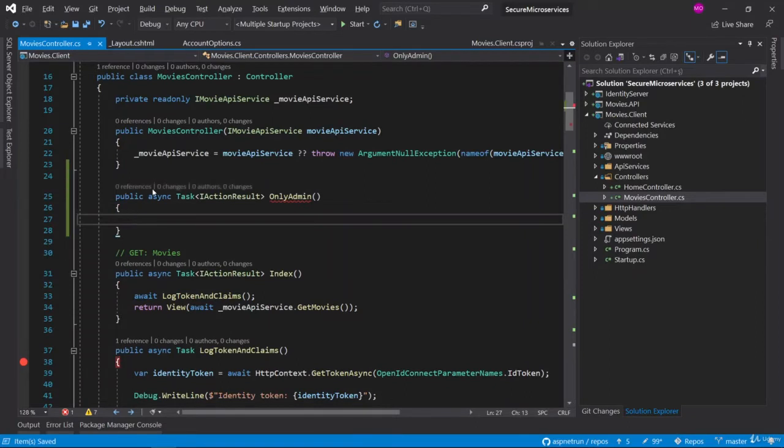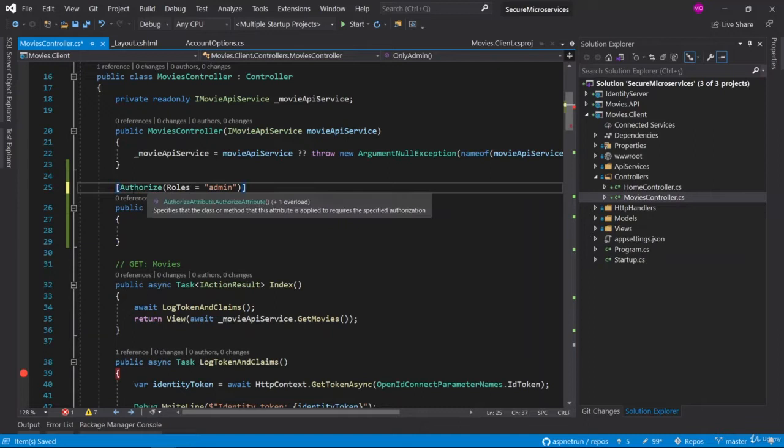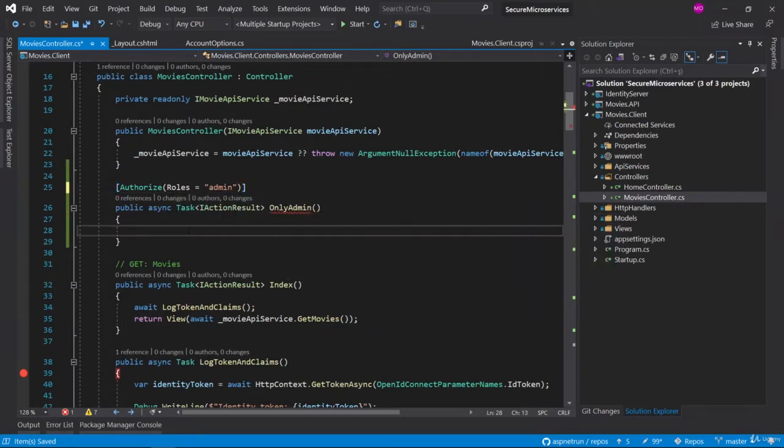Okay. Before implementing the only admin method, I can also authorize this method. We are preparing this button and this action for the admin role only. For that reason, I can put the authorize attribute over the method and specify the role name. So we said that only the admin role can call this method and this action. It is one of the good best practices when you are making role based authentication and authorization. So now let me implement our actual operation on the admin page.